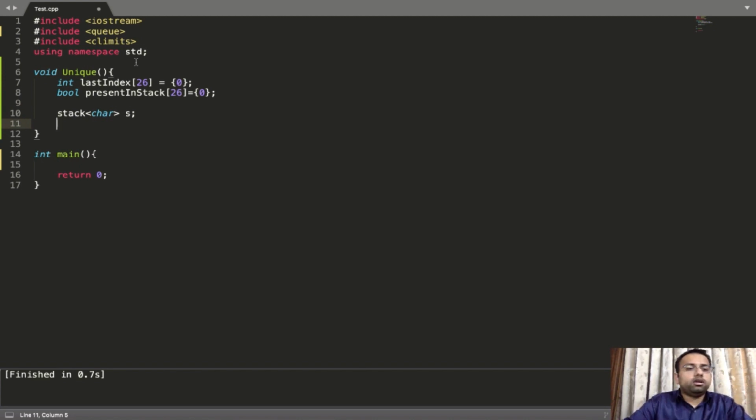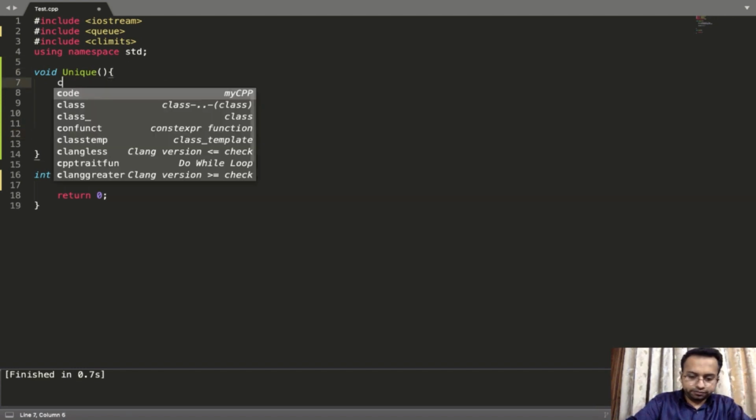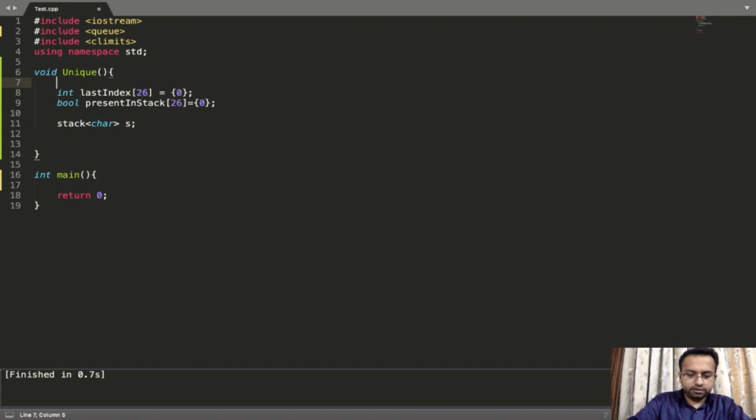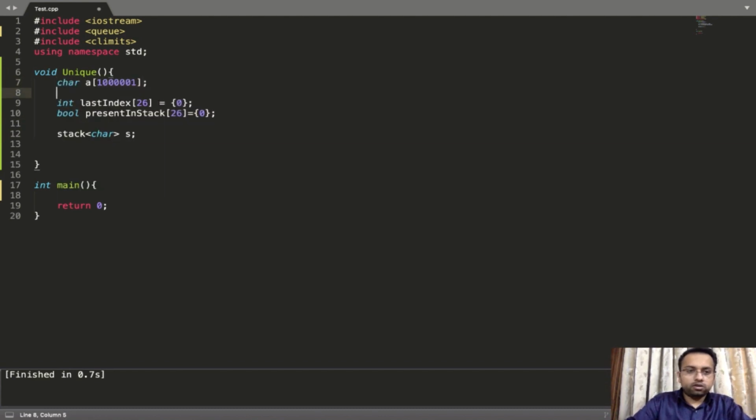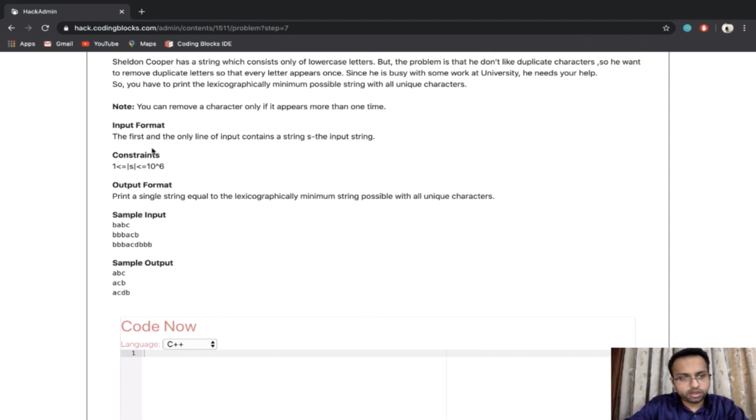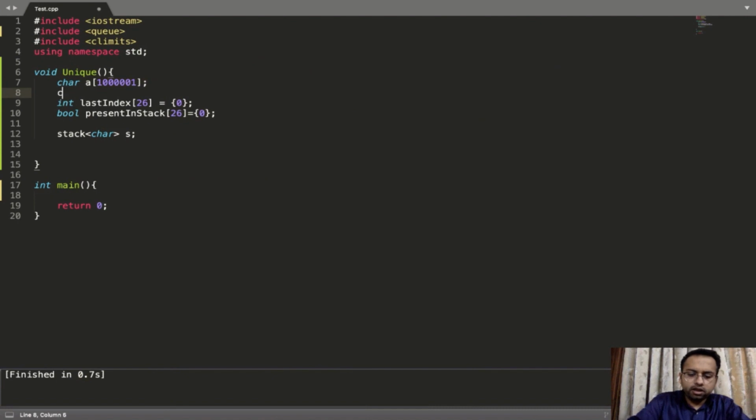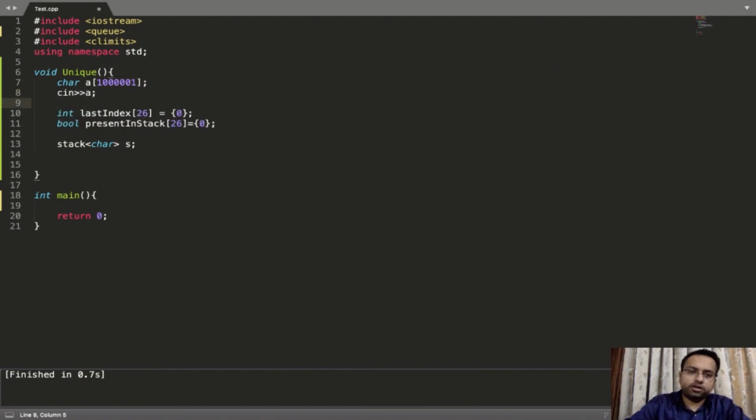Alright. So we have not considered the input string yet. We have considered one input string and the length of this string could be 10 raised to the power 6. So we have created one array and I'll input that string into it.